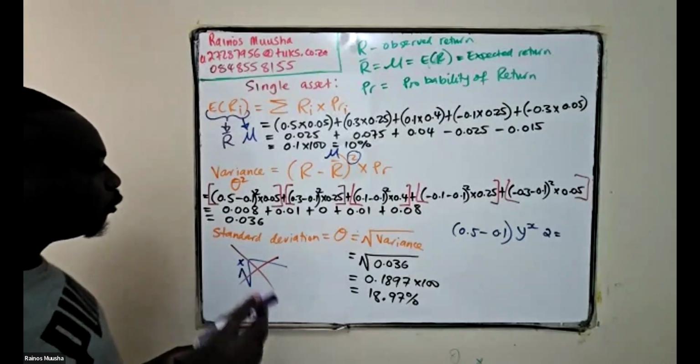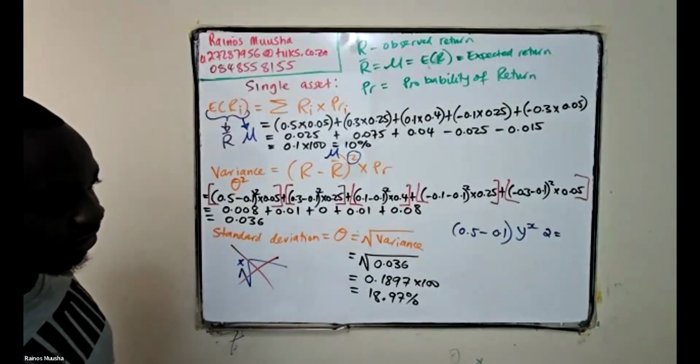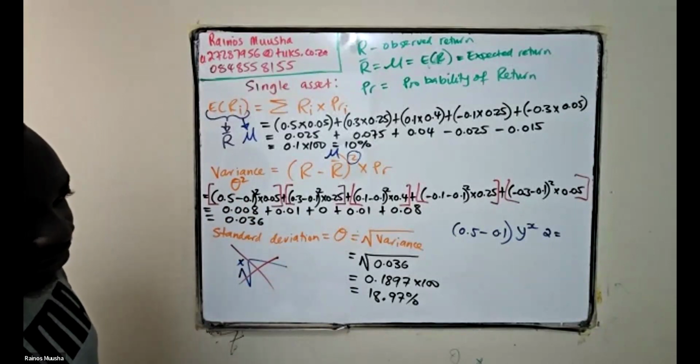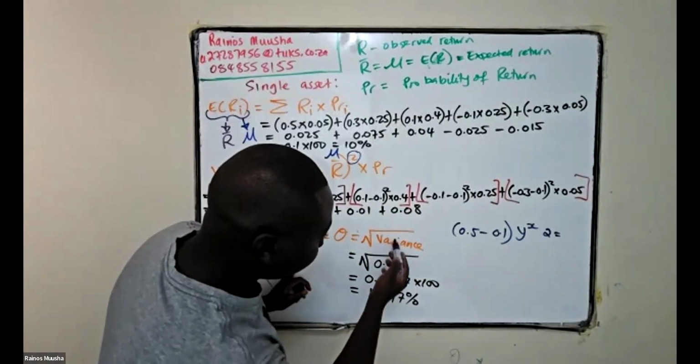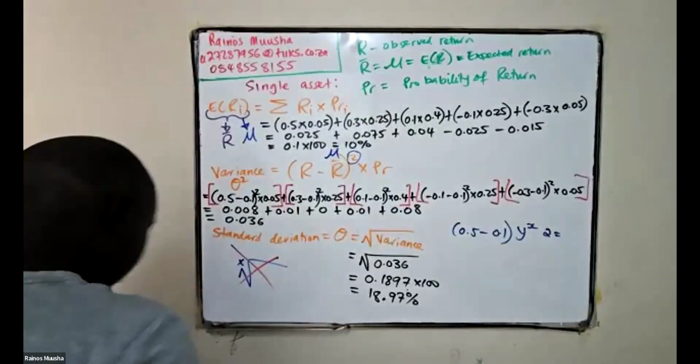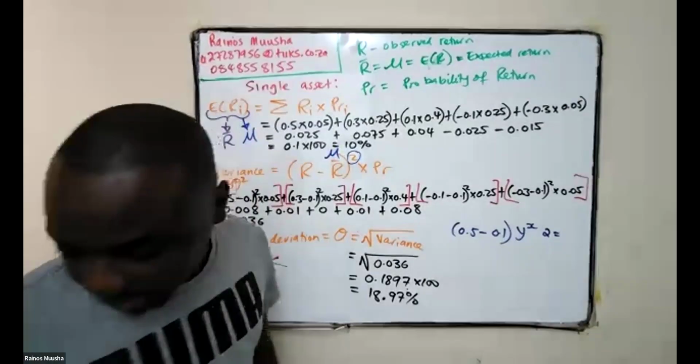Remember they say round off your answers to 4 decimal places, and then your in-between calculations to 8 decimal places. You see that here, when we calculate the variance, we round it off to 4 decimal places. So where you round off to 8 decimal places is where you're going to say, now,